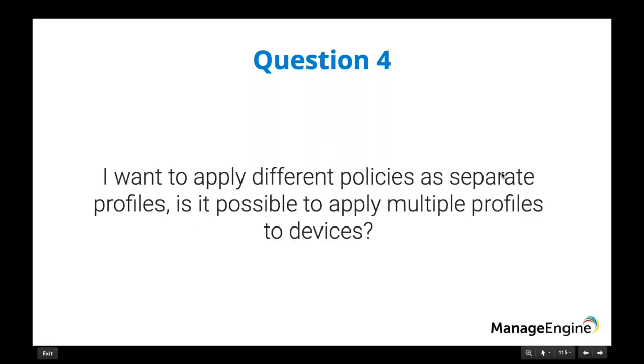Want to apply different policies as separate profiles? Is it possible to apply multiple profiles? Yes, most certainly you can apply multiple policies that are present in multiple profiles by distributing them to the devices using MDM. There is no restriction on how many profiles can be distributed to a device and how many policies each profile must contain. So this must bring another question to your mind,